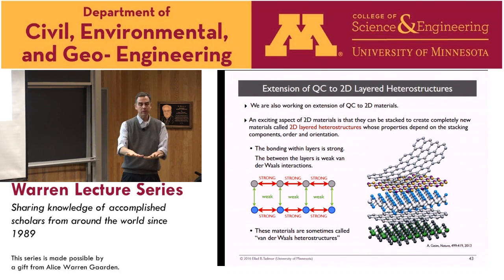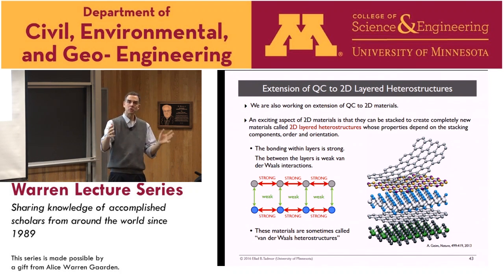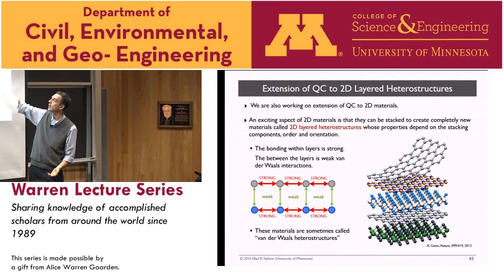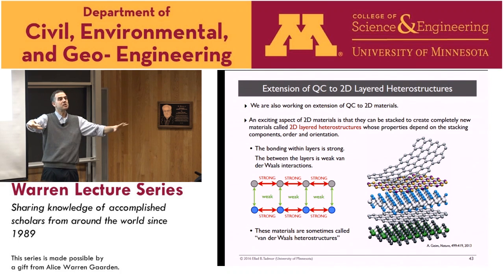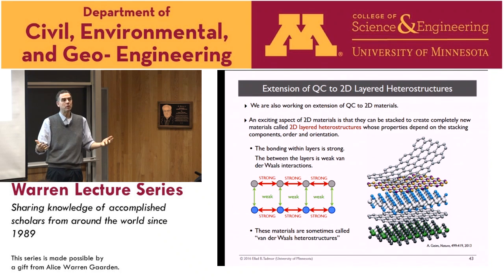if you have one 2D material, that's an interesting material. Special mechanical, optical, magnetic properties, and so on. When you put two materials on top of each other, you get a new material with different properties. And the properties depend on which materials you choose to stack, because remember, you now have a menu of materials that you can stack, and the orientation between them. And so you have this immense configuration space to create new materials, something which is really new in what people can do technologically, right? You're not going to a lab and pouring in a little bit of sulfur or whatever to make an alloy. You're literally creating new materials by stacking existing materials.